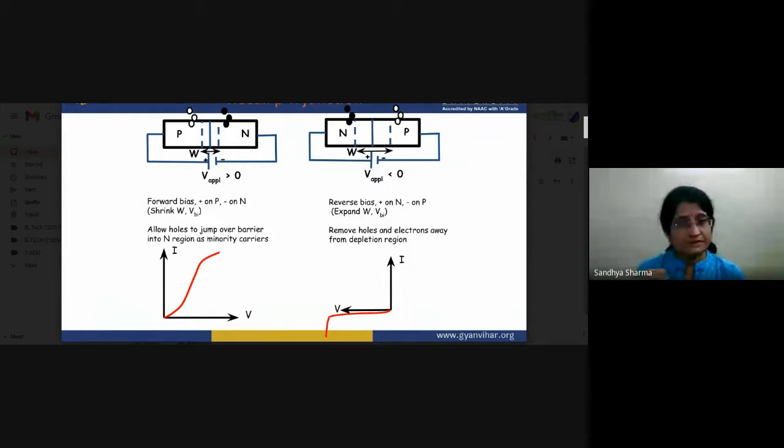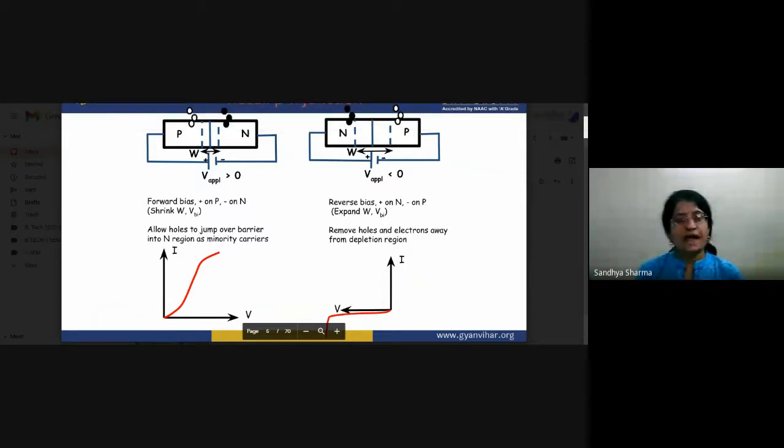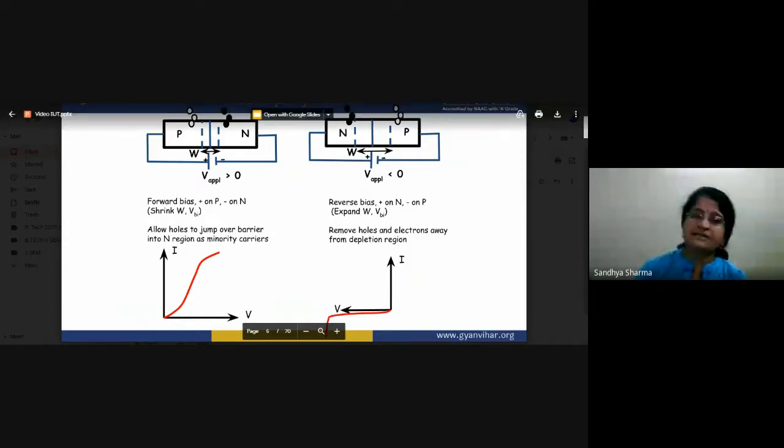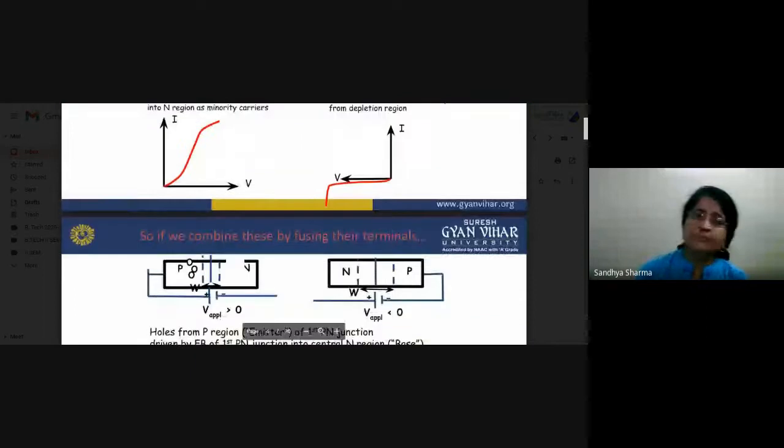This reverse bias will work as a forward bias for our minority carriers, and due to this a very small amount of current will flow. After a certain time, if we keep increasing our reverse voltage to a very high voltage, there may be a sudden breakdown and a large amount of current will flow. So this is a very slight recall of our diode, and based on this diode, now we are moving on.